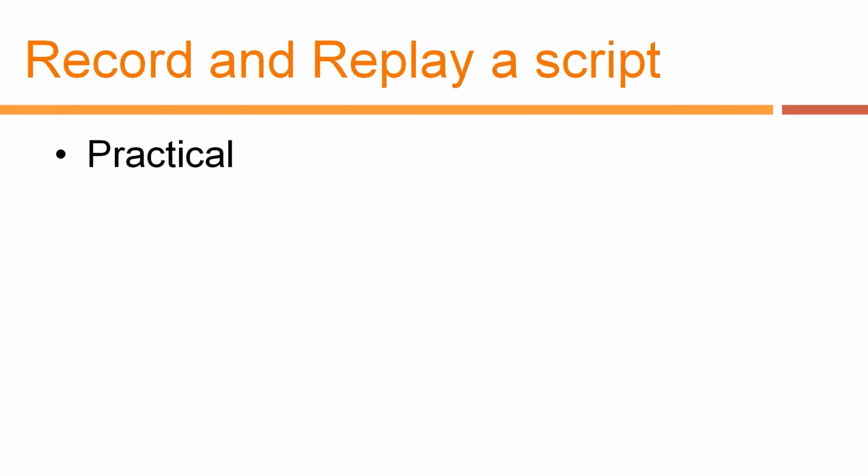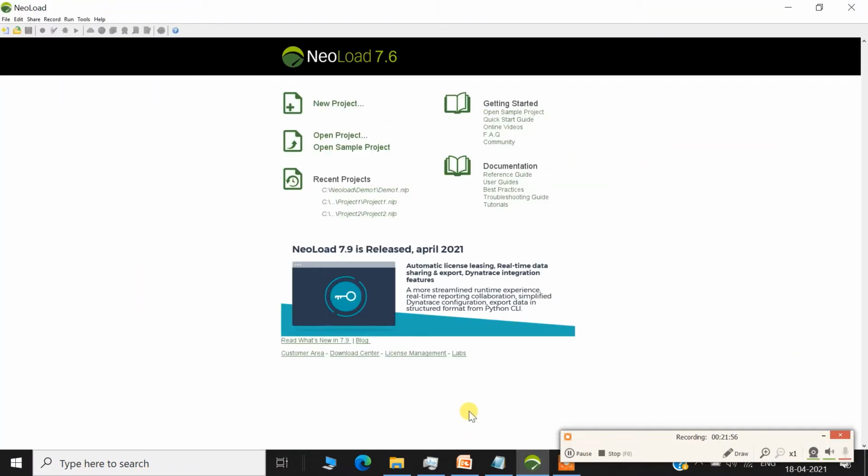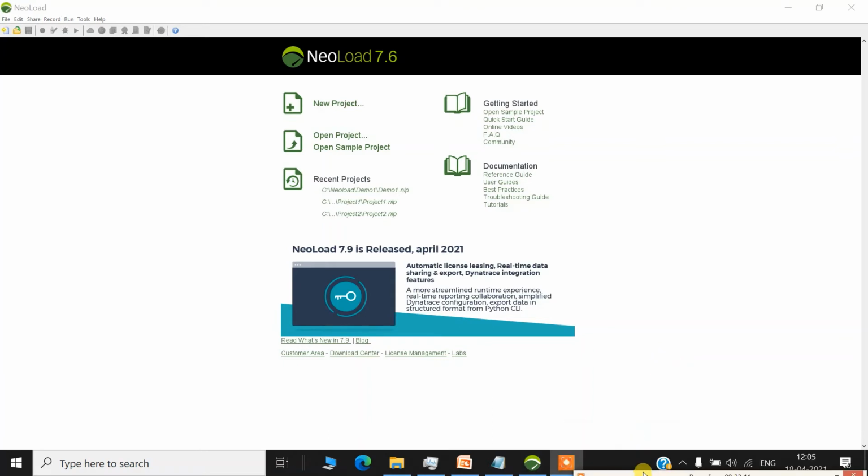Enough of the theory, let's move on to the tool and see how it works. I am going to switch to Neoload. Once we open Neoload, this is the screen you would see on the first tab.